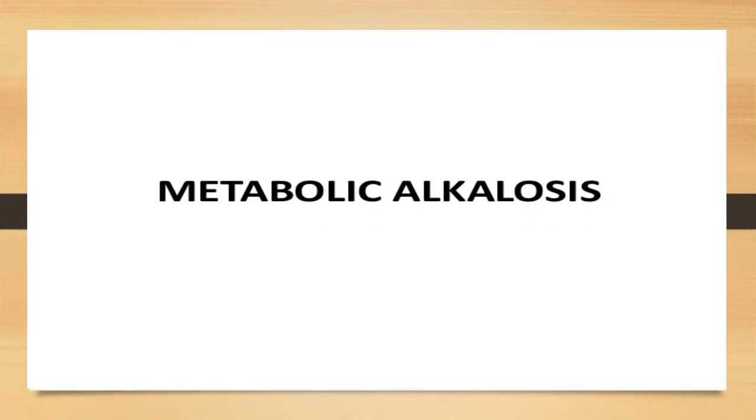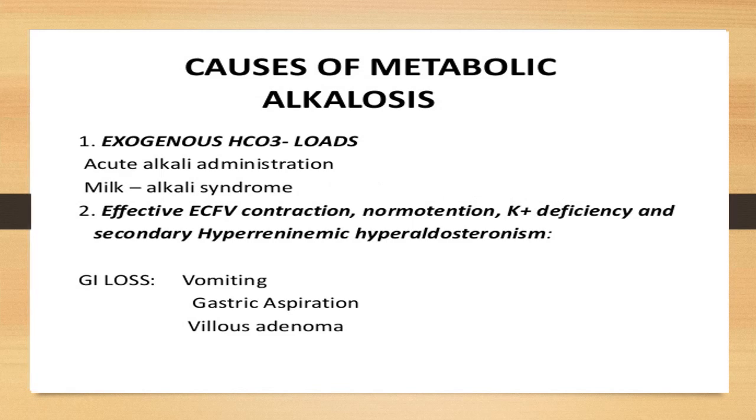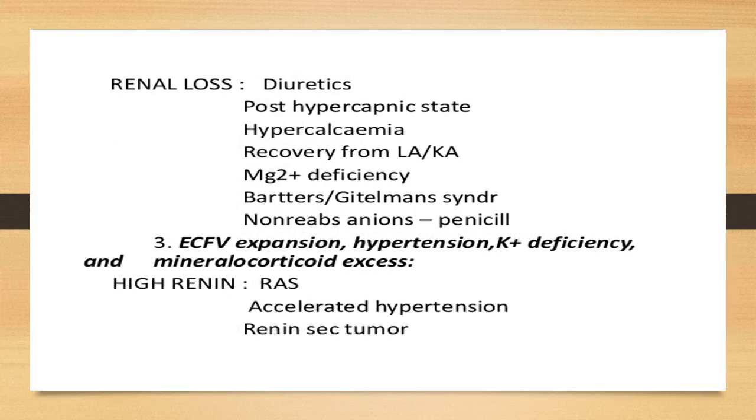And coming to metabolic alkalosis. Metabolic alkalosis: exogenous bicarbonate loads, acute alkali administration, milk alkali syndrome, and effective extracellular fluid volume contraction, normotension, potassium deficiency, and secondary hyperreninemic hyperaldosteronism, mainly gastrointestinal loss caused by vomiting, gastric aspiration, villous adenoma. And renal loss due to long-term loop diuretics, post hypercapnic state, hypercalcemia, that is increased calcium level, recovery from lactic acidosis or